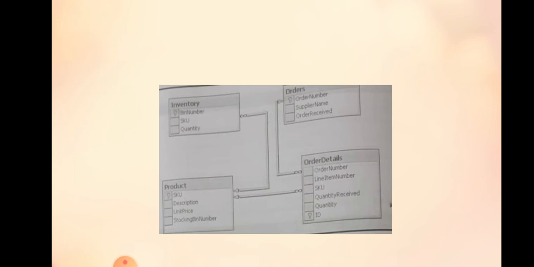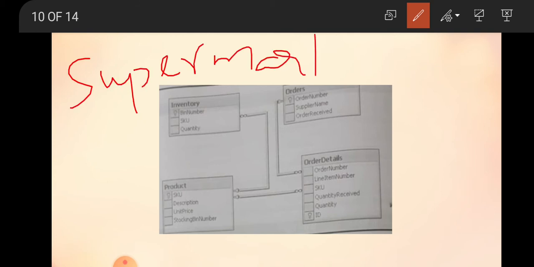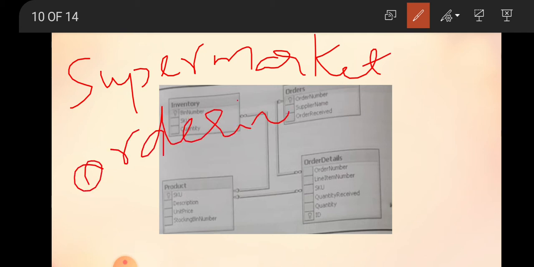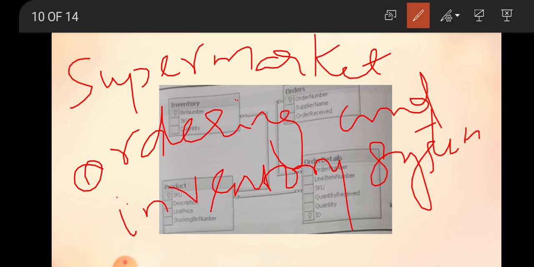For an example, a supermarket ordering and inventory system. Got it? It is an example. What is the supermarket there?